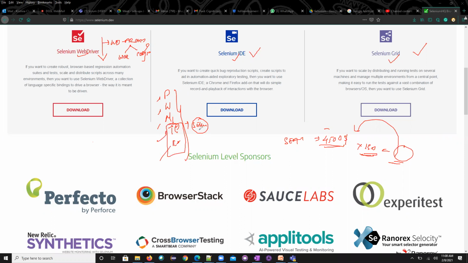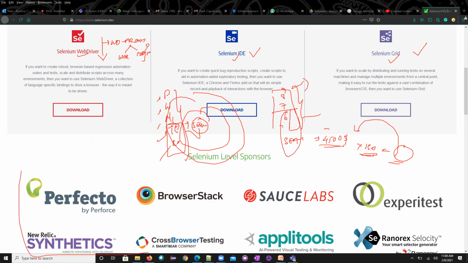For commercial tools also, these guys took some of these packages, and on top of this one, they built another. For an example, there is a building. These guys have built till the 6th floor. They constructed the 7th floor, 8th floor, 9th floor, and then they are selling this particular building. Till 1 to 6, it is free. And 7, 8, 9, 10, they created, and then they are selling this particular product. So that is what TestProject or the Katalon, and many other people, do. And you know why they gave till the 6th floor free? If you see here, these are the guys who are funding for them.